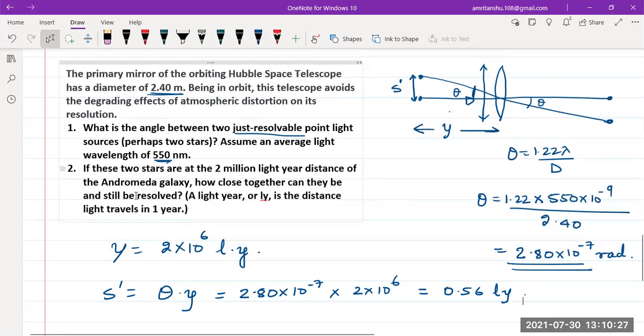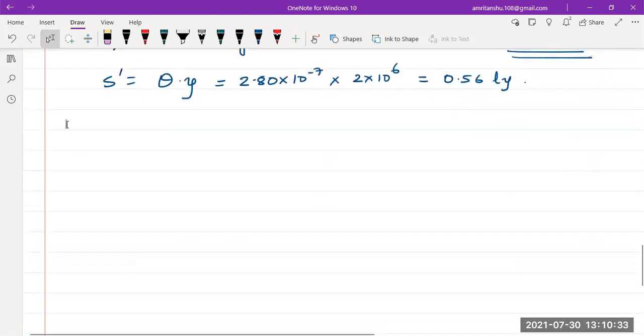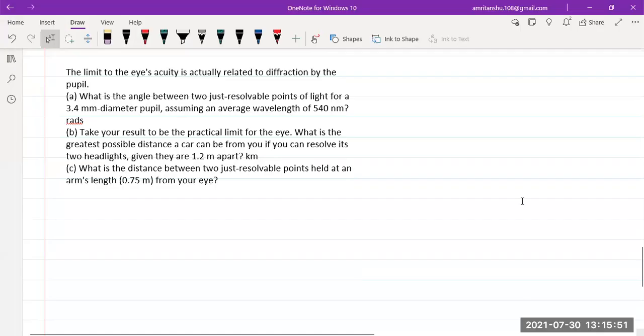Okay, so this is how we have to approach these problems. Let's see another problem. So now let us see another very interesting question. Please try solving this, and you can pause the video and solve it yourself and then check the answer. Okay, so I'm solving this question now.